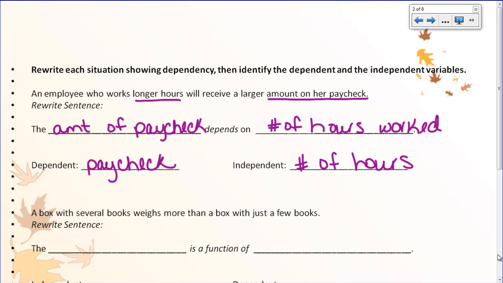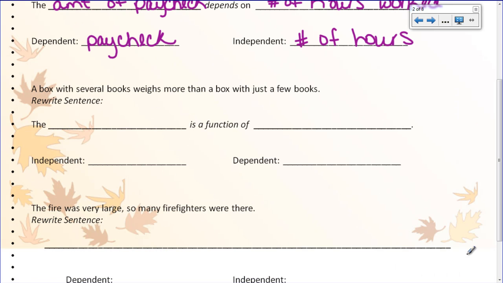So let's do another one. A box with several books weighs more than a box with just a few books. I have two things: the weight of a box and the number of books in it. Again, ask yourself, do the number of books depend on the weight of the box, or does the weight of the box depend on the number of books? Hopefully you asked yourself this and yourself said, the weight of the box